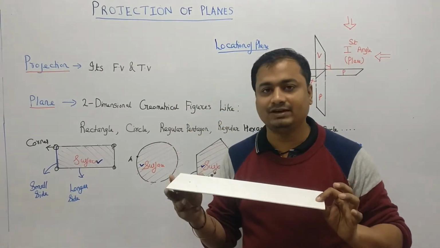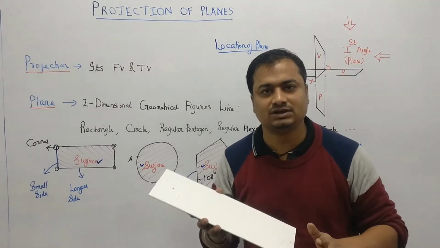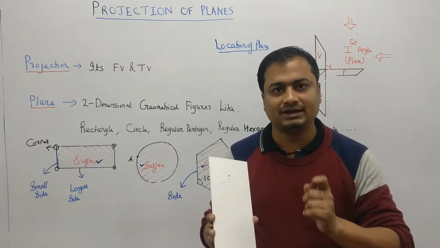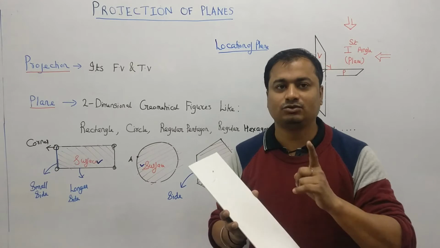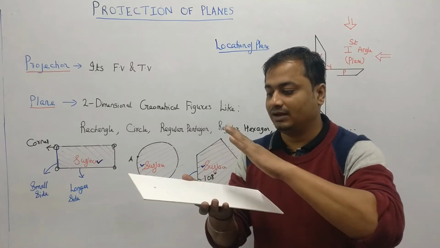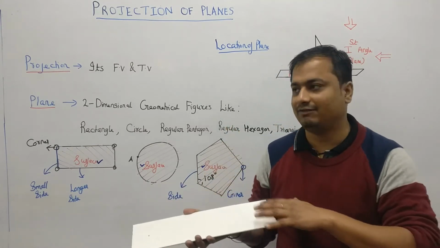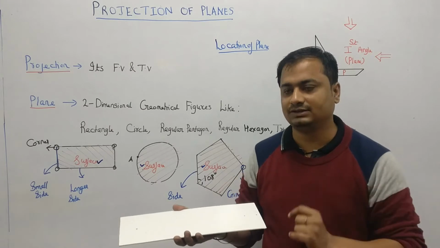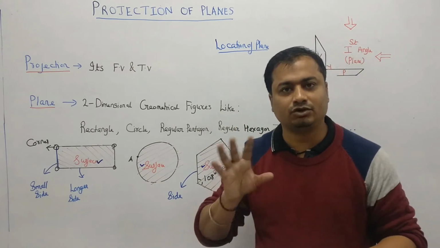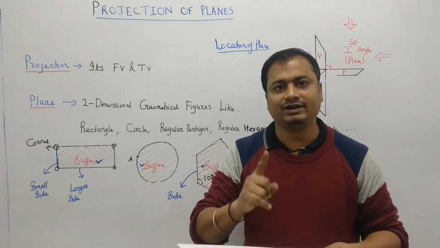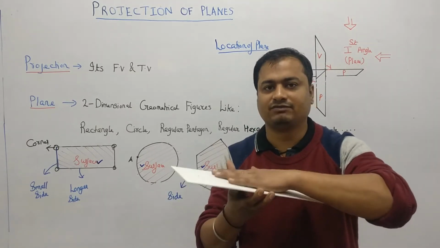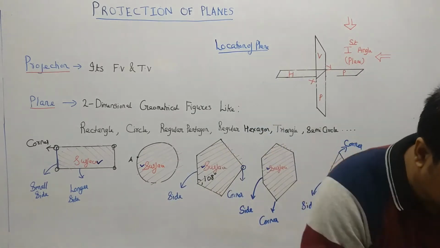So plane is having so many cases. There are so many cases associated with the plane when the plane is resting on the first angle, on the basis of the surface. So for all the cases, we have to see the cases one by one and draw their projection, that is the front view and top view. So again I am repeating, what we have to do in this topic is draw the front view and top view of the plane lying on the first angle for different cases, and all the cases depend on the surface of the plane. Okay. So coming to the cases of the plane.